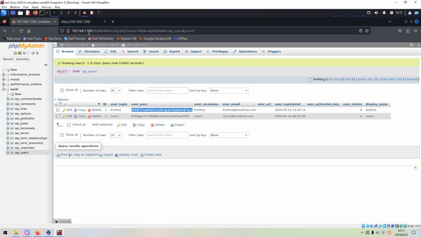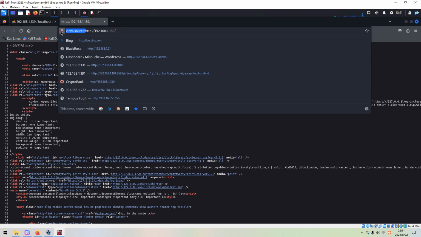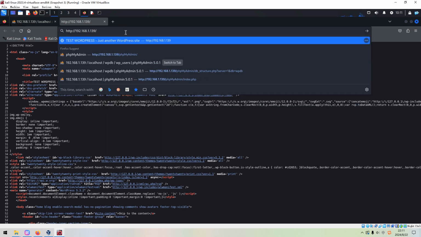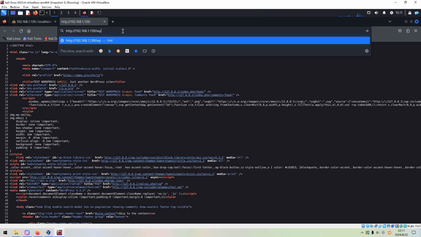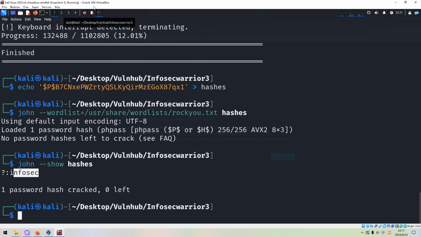Because the hard-coded link is set to localhost, I don't think we can access the WordPress administrator panel. So let's try it now. It should be wp-admin. As you can see, unable to connect. However, maybe the password or credentials are reused in different scenarios. For example, these credentials are used by the database connection. Also, in the meantime, they may be used for the system, or SSH rather.